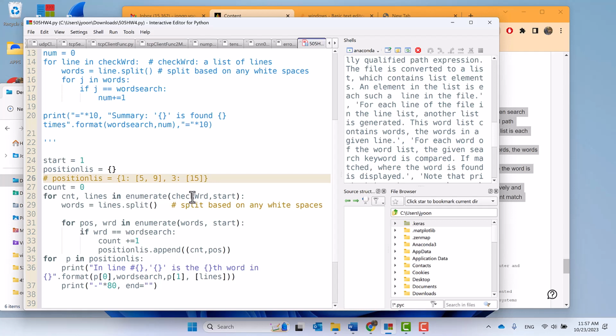So actually here, enumerations, line list and word list. And if the word is matched here, then increase the count. So here is a count. That is the same as num here. Count increased. And in position list, what you need to do here,